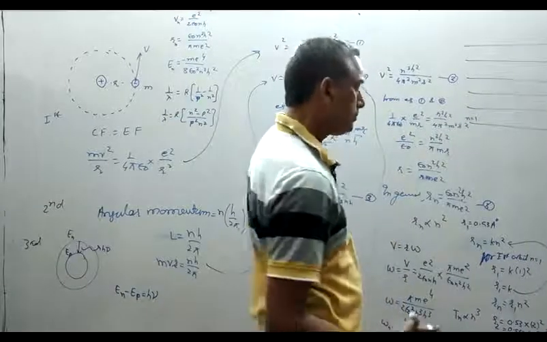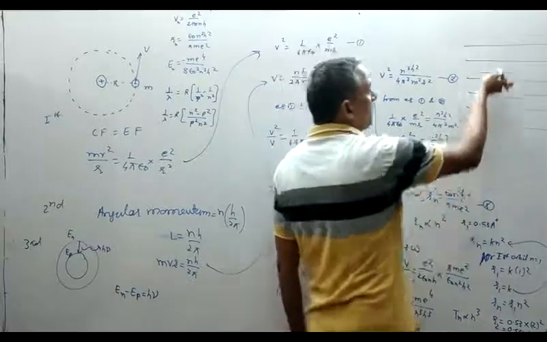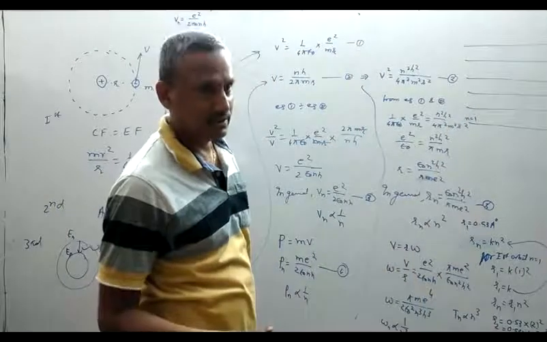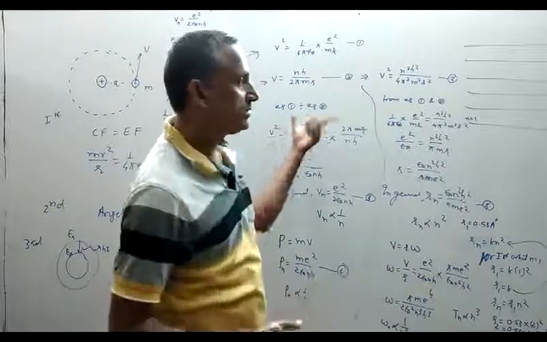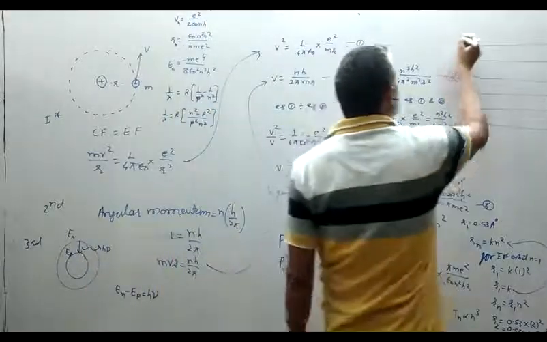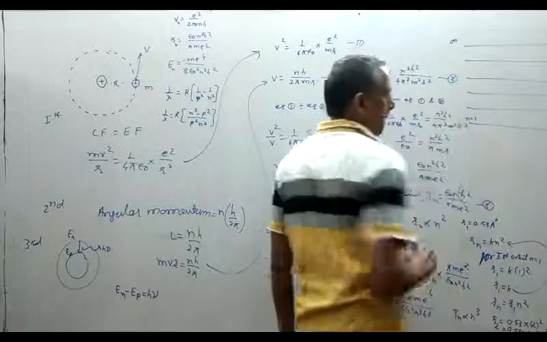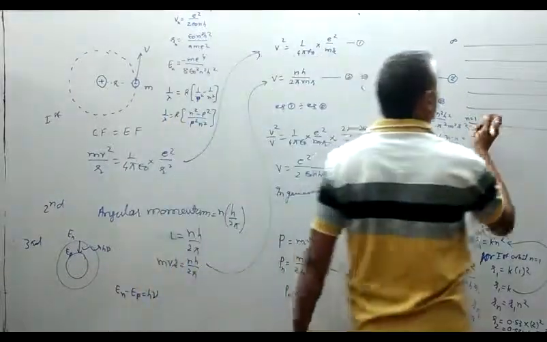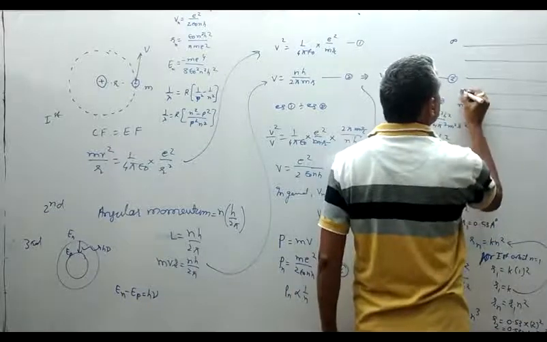When the electron moves in an upward direction, its energy increases or decreases depending on the formula. So its energy increases, up to infinity. So here n is equal to 2, n is equal to 3.